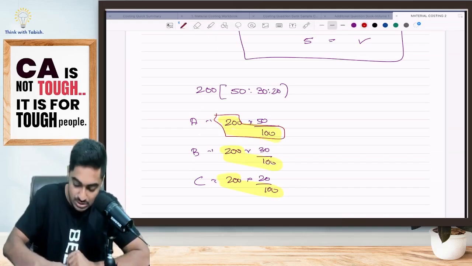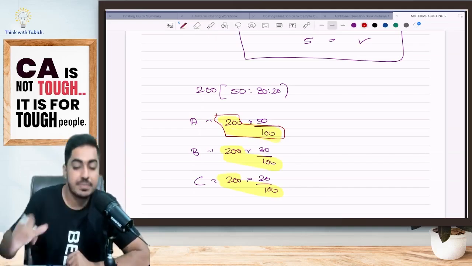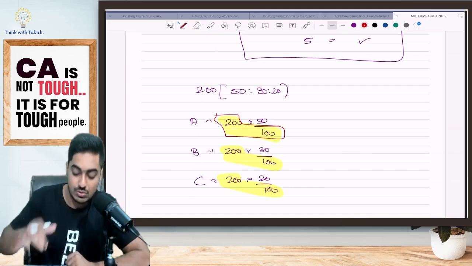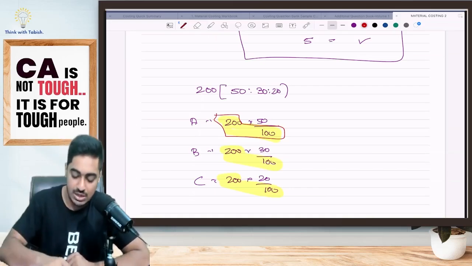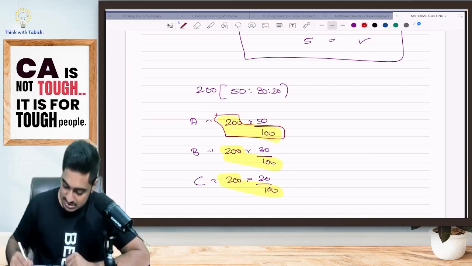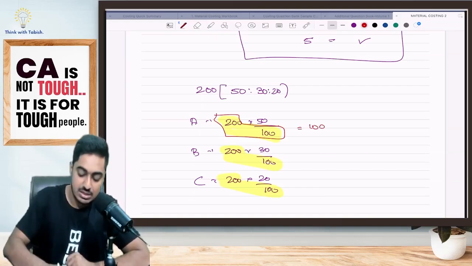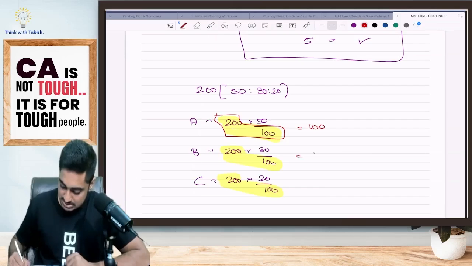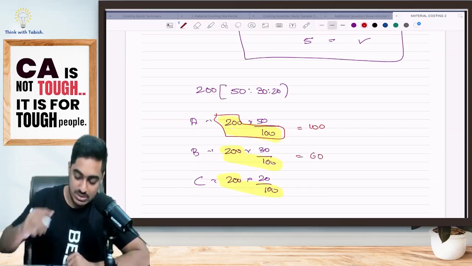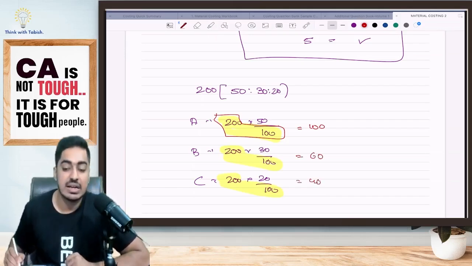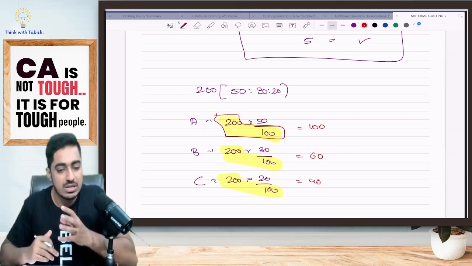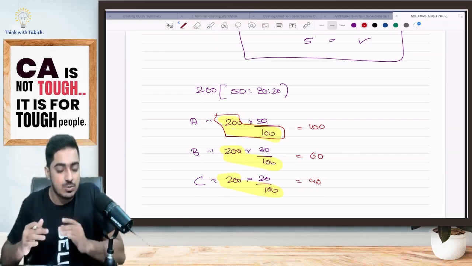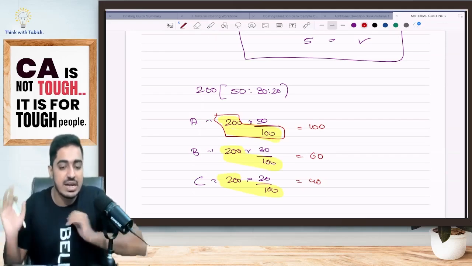While I am doing my calculation, I will first do 200 divided by 100 into, if it is 1 time on your calculator, 1 time; if it is 2 times, 2 times. 50 equals 100, 30 equals 60, 20 equals 40. Directly I am getting my values. Is this clear, everyone? I hope things are fine. I did not tell it very slowly. If you feel like it, you can rewind and listen to it one more time.